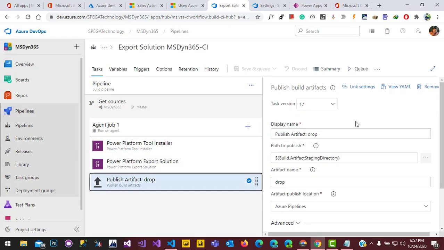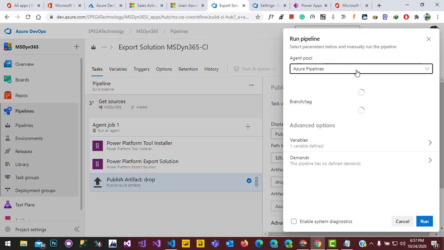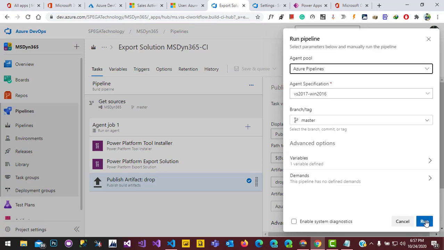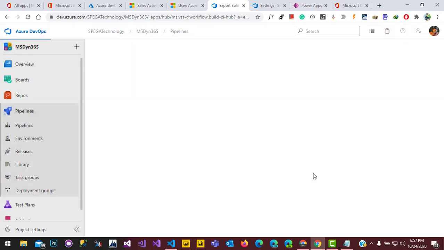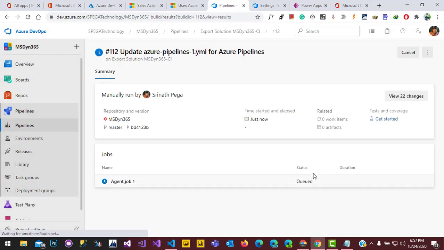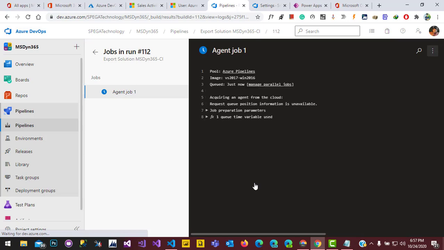To run this pipeline, click on queue, click on run. Yeah, the agent job status is queued. Click on it.